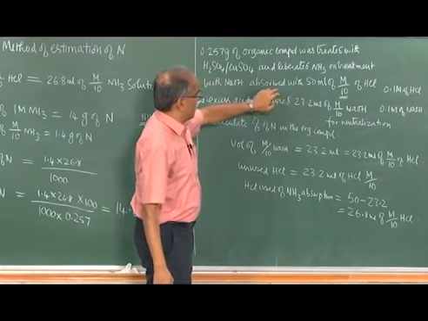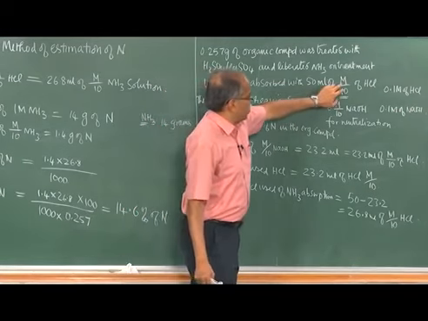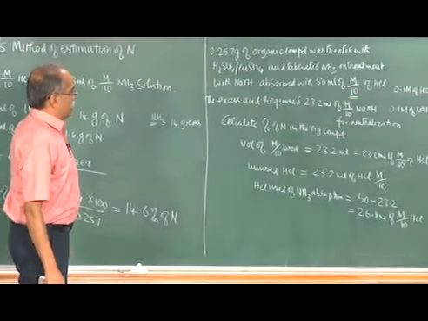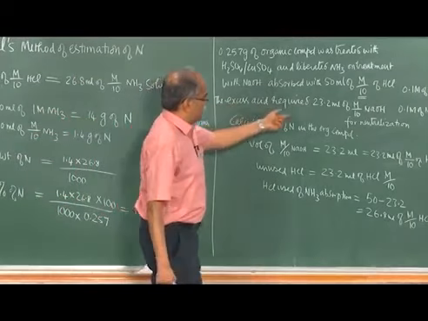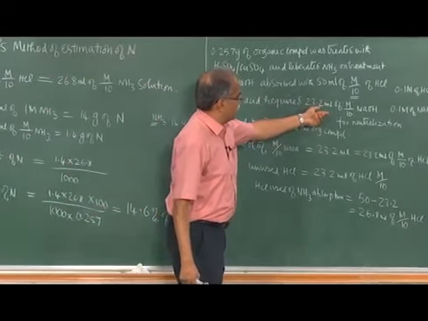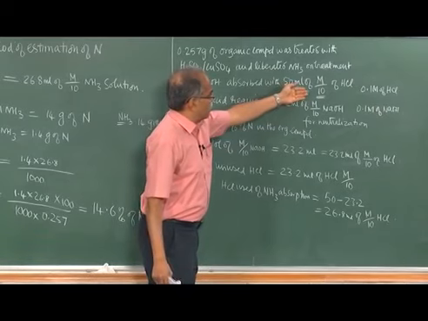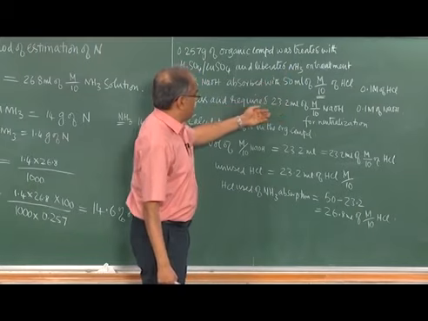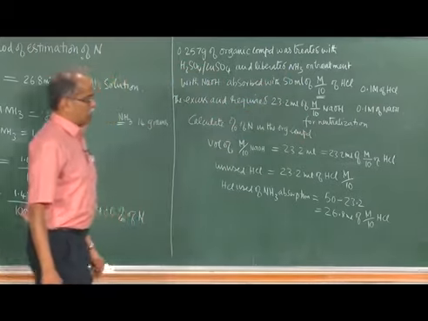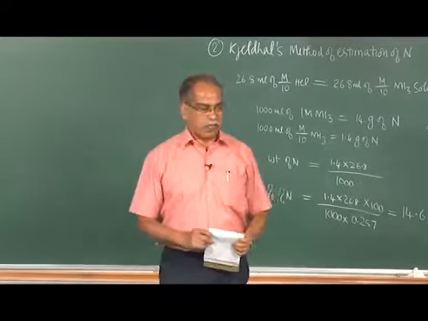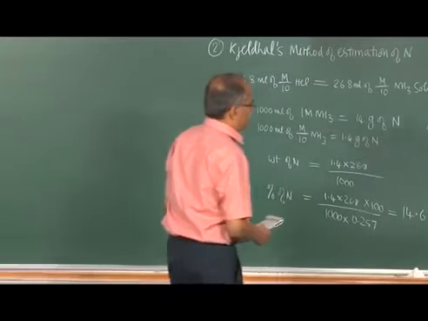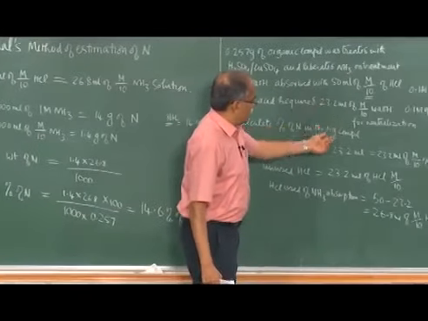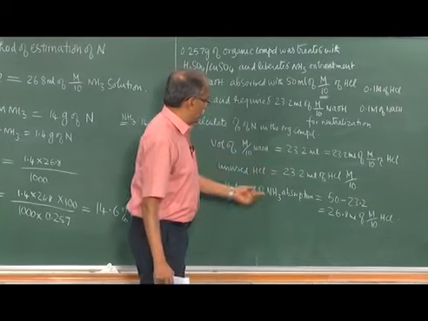How much of excess acid? 50 milliliters of M/10 concentration of hydrochloric acid. The excess acid required this much of sodium hydroxide for neutralization. So, you take 50 milliliters of M/10 HCl, some of it is consumed by the ammonia that is liberated, and the remaining portion is neutralized with sodium hydroxide, essentially to estimate the amount of excess acid present. So, the unused acid would correspond to the 23.2 ml of hydrochloric acid, because the molarities are the same